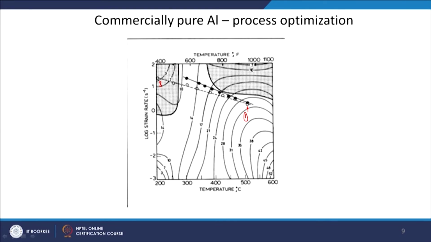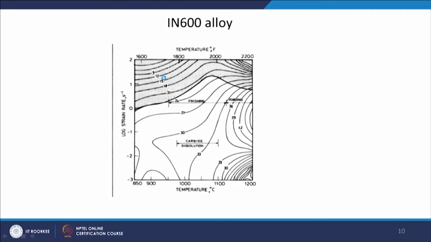And again you can see that they are trying to maximize the productivity by going to very high strain rate. Okay. And they are starting from a temperature of 500 degrees Celsius and going down to 300 degrees Celsius, just trying to avoid this unstable region here, and not entering into this particular unstable region. Okay. So, that is how you can design a new process if you notice that the earlier process is going into the unstable region. So, what we can do is process optimization.